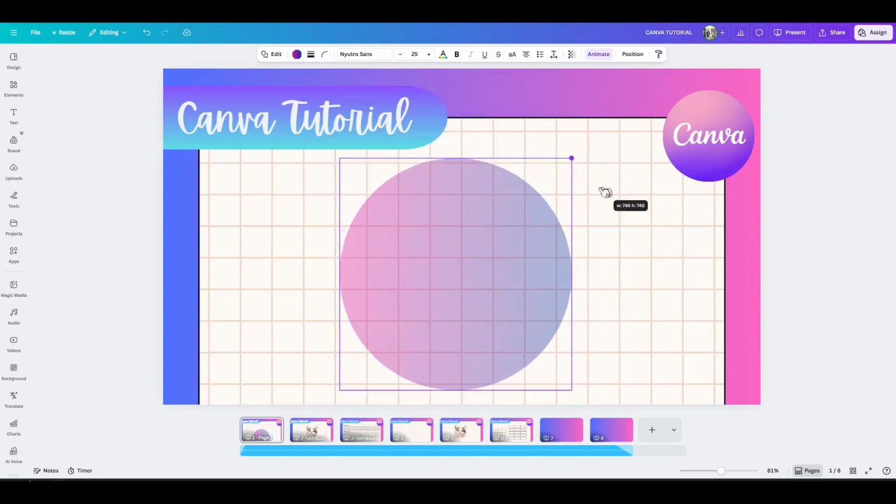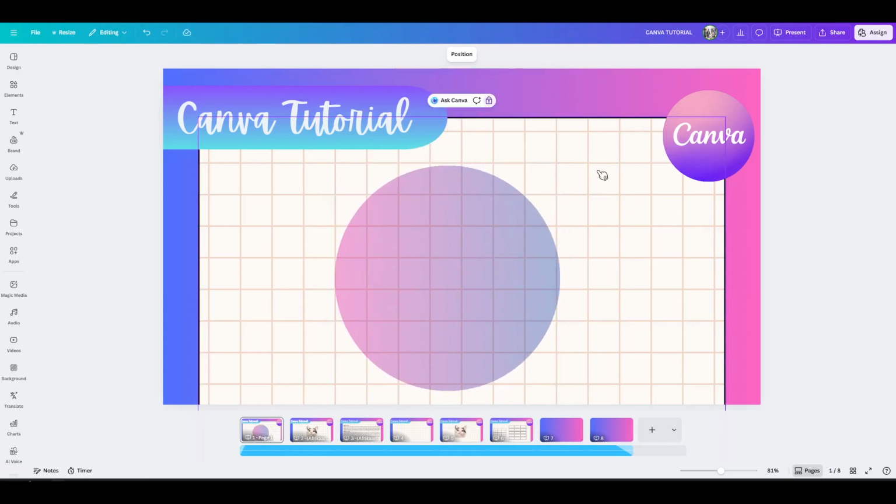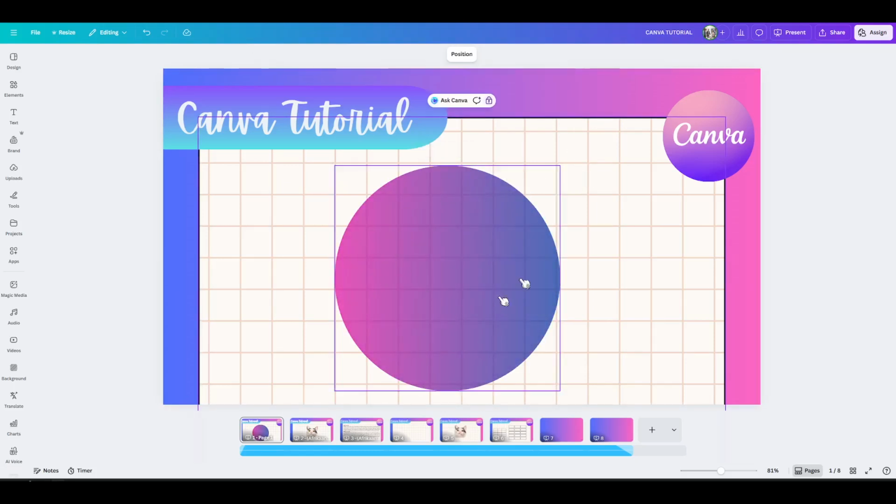A few quick tips as you refine your result. Check your gradient over both light and dark areas to ensure the colors still look intentional. Keep accessibility in mind. If you're placing text over a gradient, maintain enough contrast for readability. And if you're layering multiple elements, apply the gradient and transparency to each one thoughtfully so they don't all compete